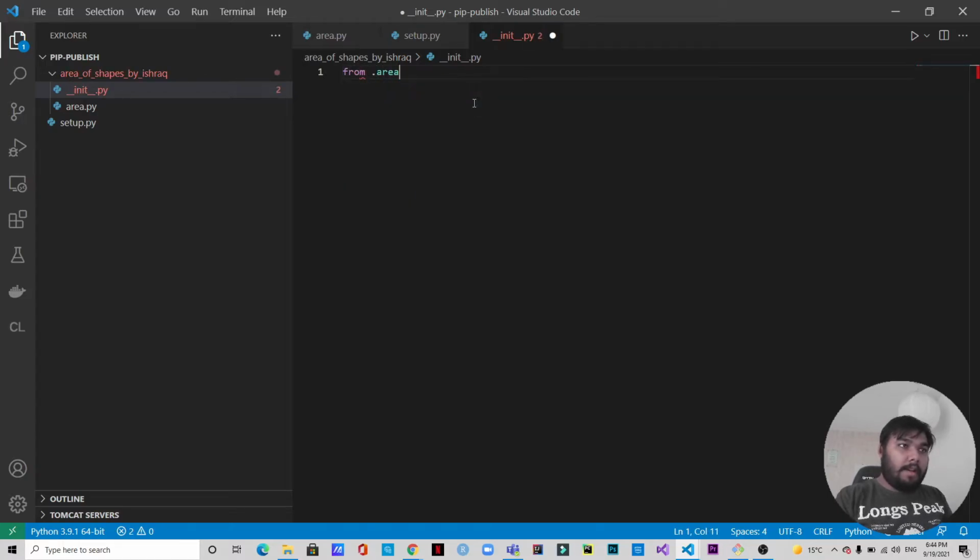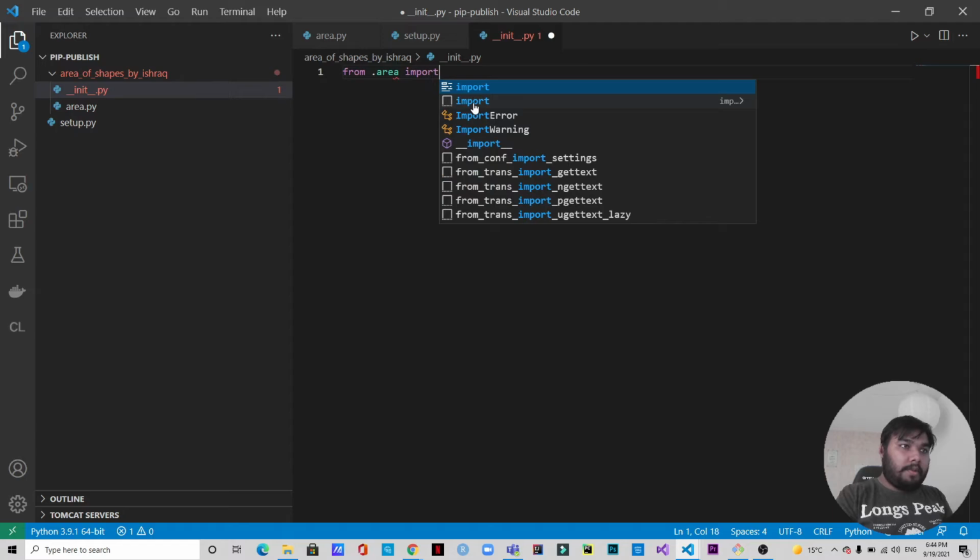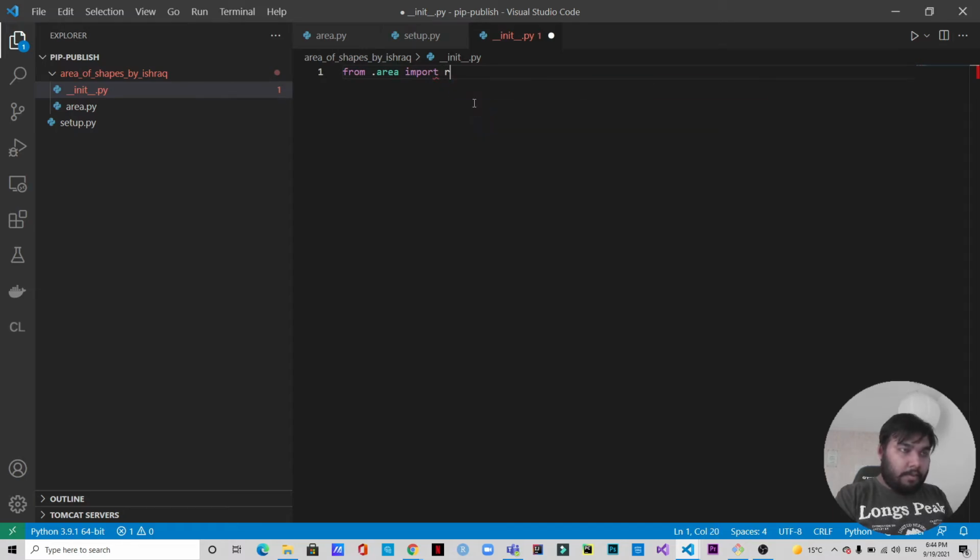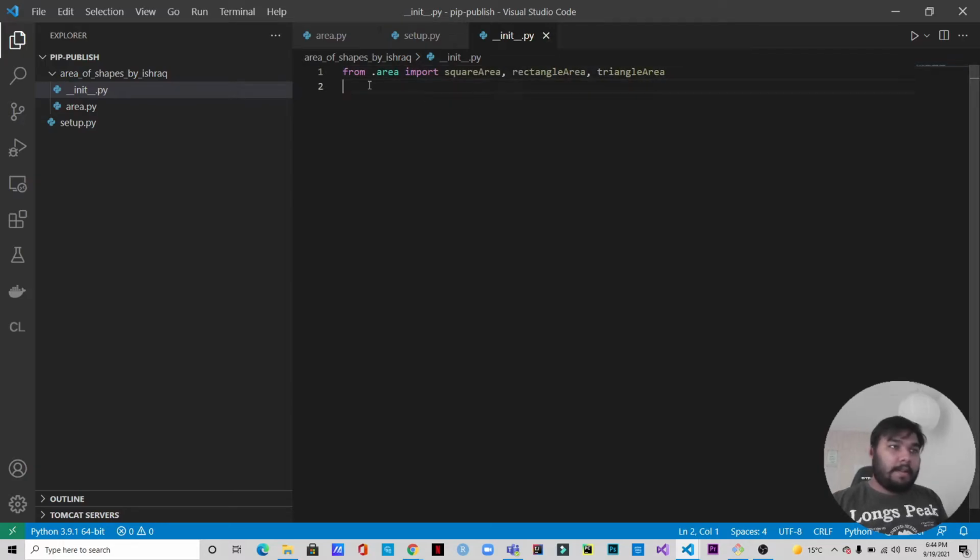from .area import square_area, rectangle_area, and triangle_area, and I'll save it. All right, so this is the thing that I'm going to do, and then I will go back to the